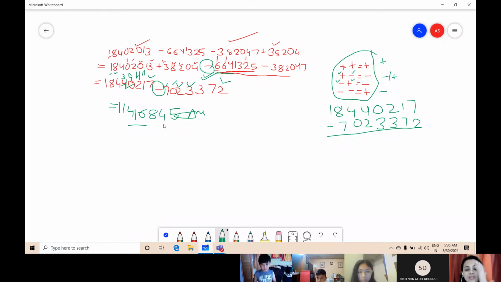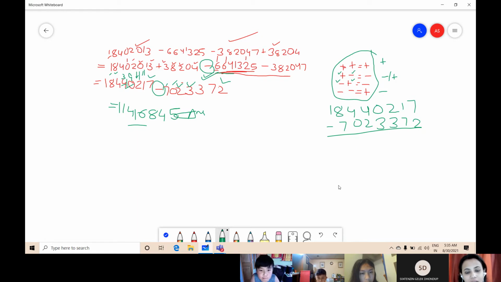Now tell me, is this question clear? Anyone having any doubt, please ask me, because if it is not clear then you will not be able to solve the next question. So everyone please check the step, tell me if any confusion. If you're getting any confusion about why we have done this, you can ask me, because if this question is not clear, you will not be able to do the other questions.